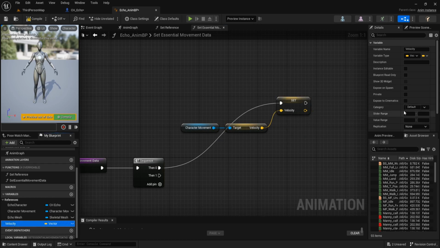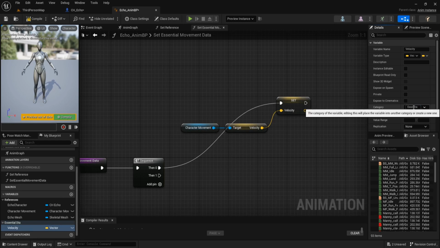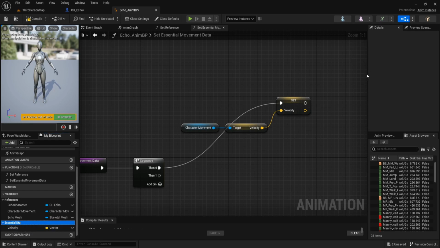And this velocity category is essential data. Click on the essential data.